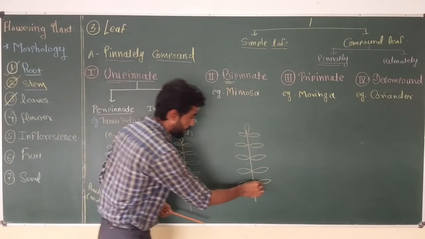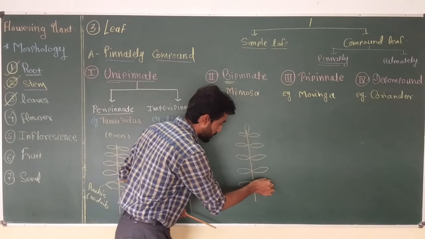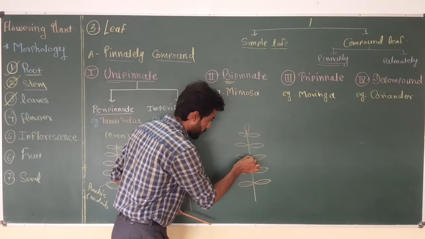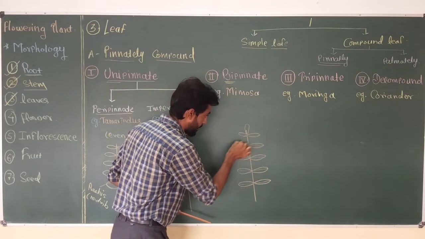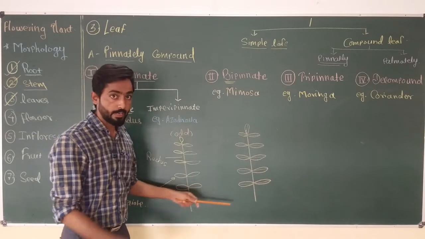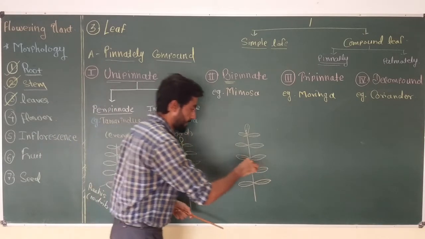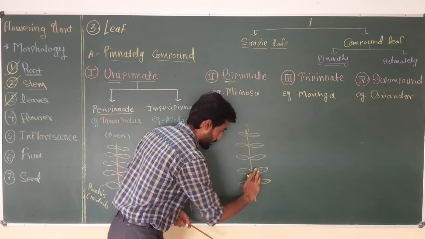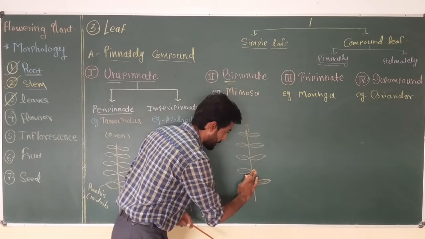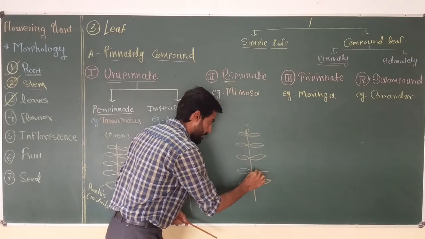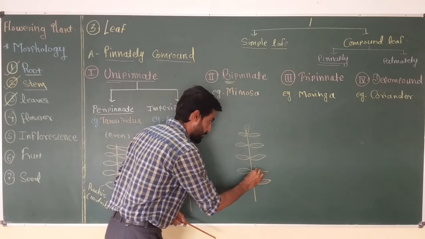Now every pinna has its own branch vein in the lamina. Okay, now this is the first cut, and now the second cut or second incision occurs in this lamina. So now if I draw the second cut here, you can see this is the midvein, and now the second cut produces such a type of lip.